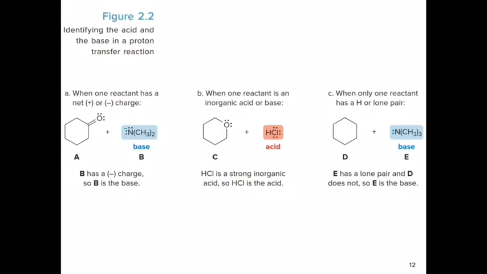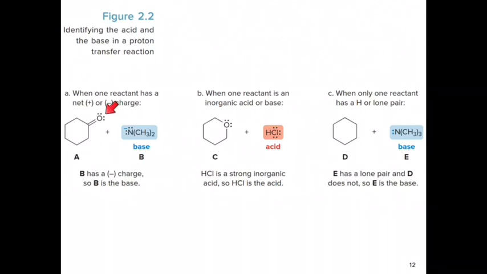So let's take a look at some scenarios here on how to identify the acid and the base in a typical proton transfer reaction or acid-base reaction. So this first scenario here, we have one reactant that has a net positive or a net negative charge. So over here, there's only one that has a net negative charge, which is considered the base. So you have lone pairs on the nitrogen and a net negative charge. And so right off the bat, this is the base and this one is the acid, even though this molecule itself also has